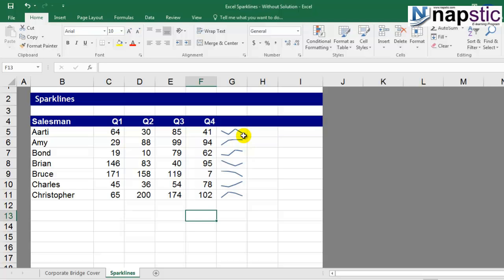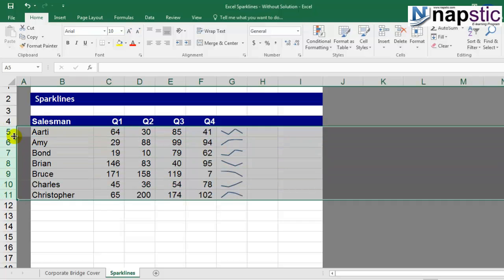Right? So it is very easy now to interpret this data if we have it represented in the form of a sparkline. You can also adjust the width of the row of these graphs. So if you increase the row width, the sparkline will also increase. So what you can do is we can select this,